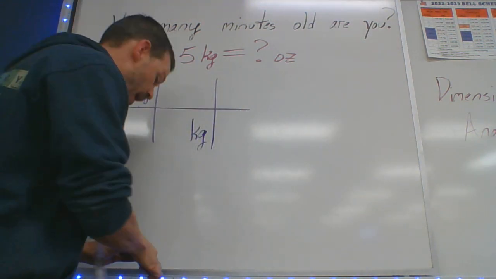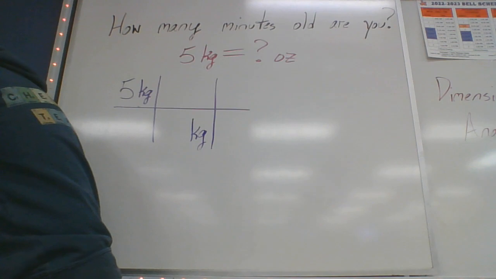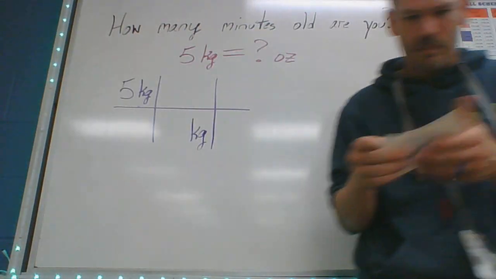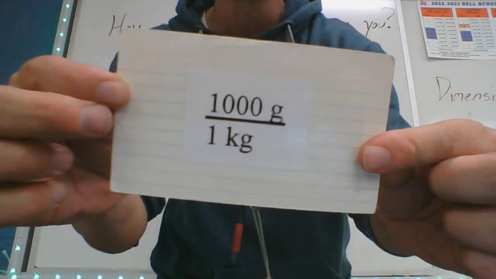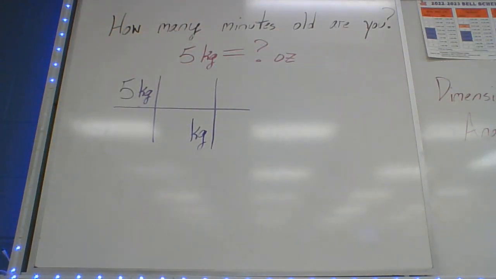So what I'm going to look for is I'm going to flip through all my cards. I'm going to go, ooh, I need to find one that's got kilograms on the bottom. And then voila, you might eventually come by this card. You see how this card has kilograms on the bottom? Now here, I want to warn you, this doesn't have to do with this problem. If you flip the cards over that have fractions on them, it gives you the reciprocal of the same fraction. There's going to be one of y'all's groups that call me over. You're like, sir, I found the right card, but they're on the wrong sides. All right. Okay. Anyway,